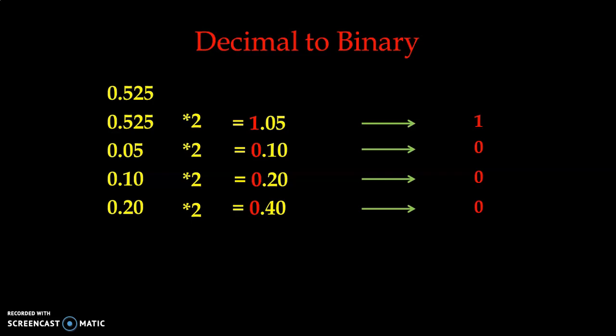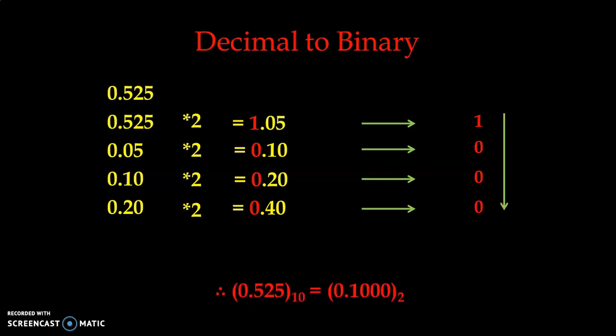Say we have two conditions. We have to stop the process of repeated multiplication either when the fractional value comes to 0.00, or, the second option, we stop the process after 2, 3 or 4 repeated multiplications. That depends on how much resolution after the point we require. Because in this type of example, the fractional value will never come to 0.00. So we have to stop this process at this stage.